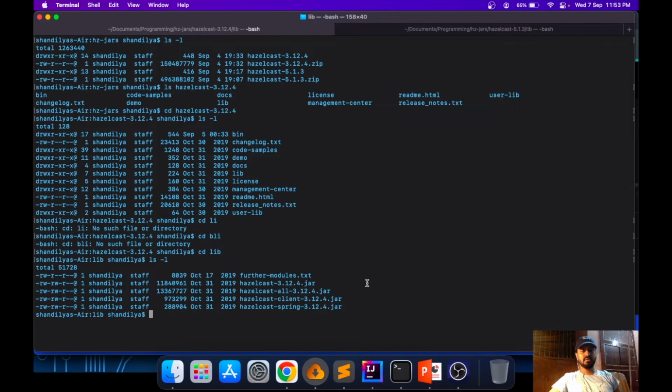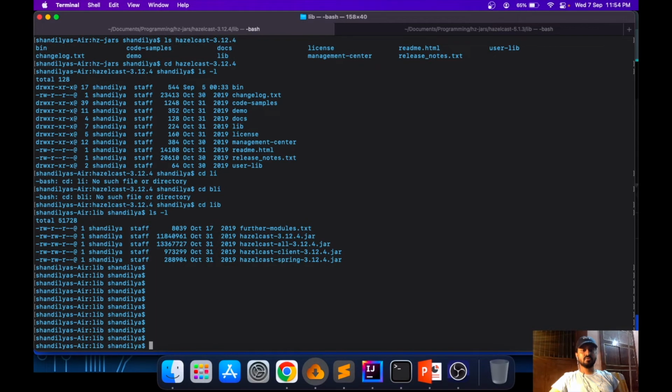As you can see, there are some runnable jars present in this lib directory. The first jar is of Hazelcast. The second jar is Hazelcast all, which contains all the APIs, the server API and the Hazelcast client APIs. The third one is the Hazelcast client library, and the fourth one is a Hazelcast Spring related jar file. So what's the use of these jars? Let's talk about the first jar, that is Hazelcast